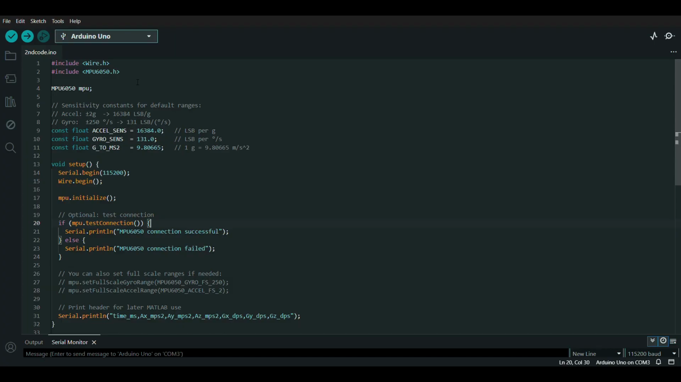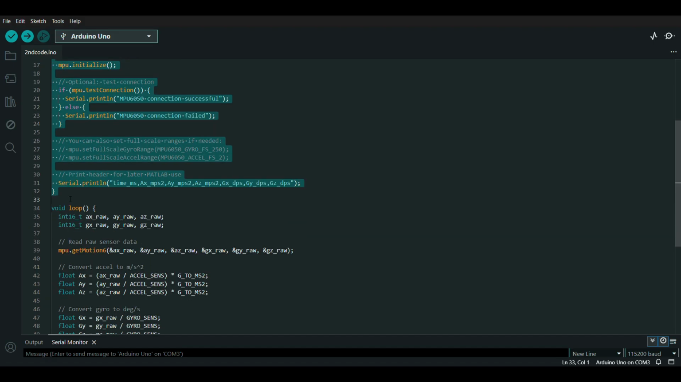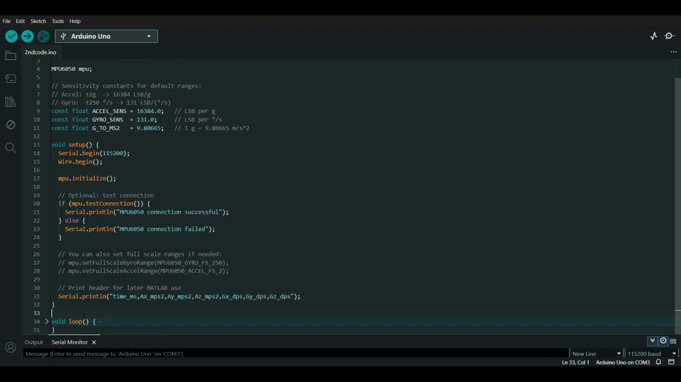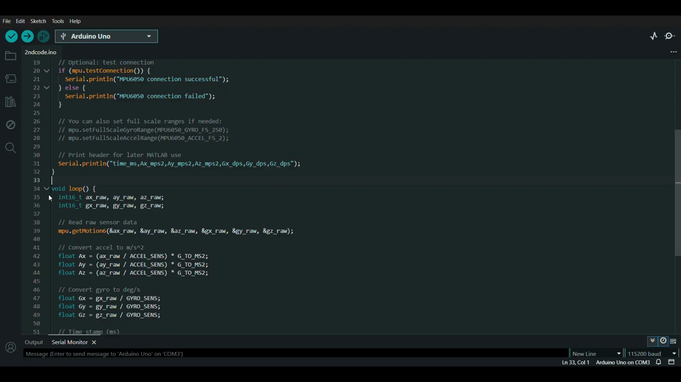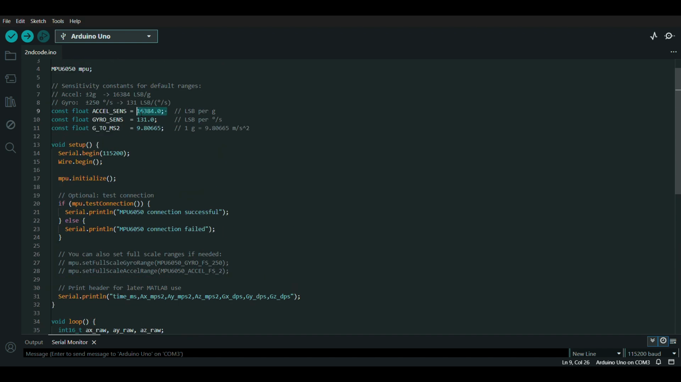Next we see the explanation of the Arduino code. Here in the Arduino IDE, this code initializes the MPU6050 using the I2C library. Inside the setup function, the sensor is configured and the program prints whether the connection is successful. In the loop function, the Arduino continuously reads raw accelerometer and gyroscope data using MPU.getMotion6. The code then converts the raw accelerometer values into